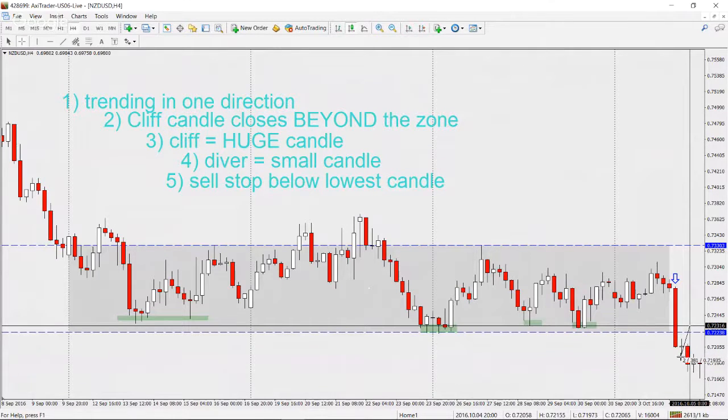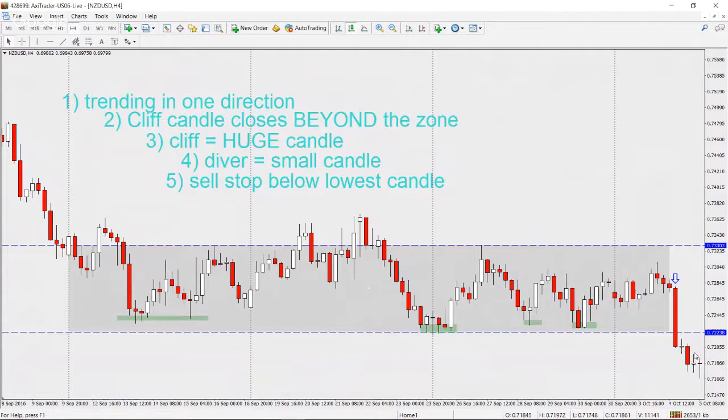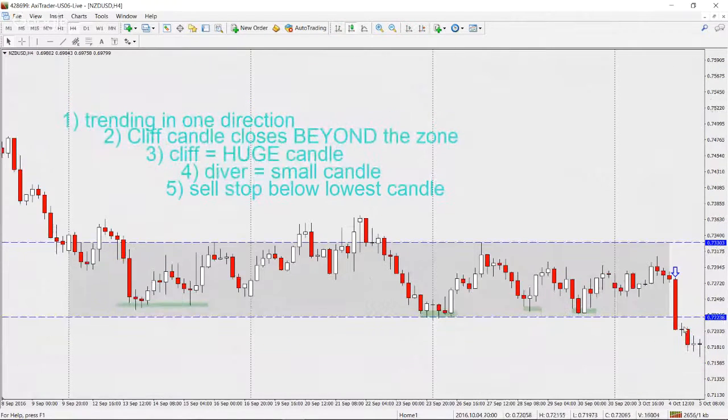In this case, it'd be about 40 pips or so. But if you have it above the cliff candle, it's about 90 pips. So you can have a 90 pip stop or a 40 pip stop. It's a big difference, isn't it? The only thing is sometimes you'll break lower and it'll come back up and retouch it again, and it might stab even higher and stop you out. So it's riskier, you're going to lower your win rate, but you will make more money on your winners. So it's a better reward to risk ratio. All right. So now